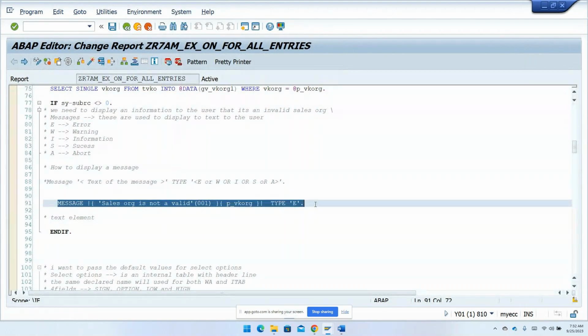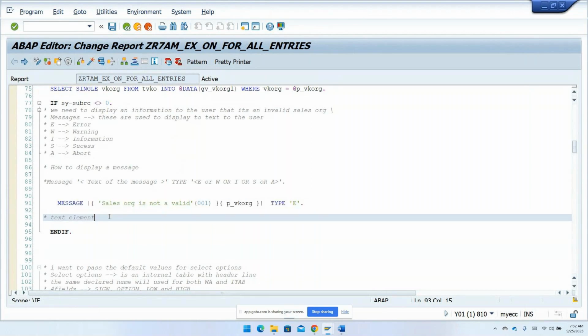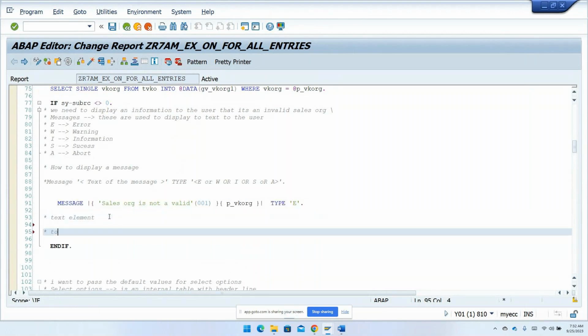See, we can use the sales organization at multiple places in different programs. Now in all those programs, I want a unique message to be displayed. I don't want different kinds of messages. So I want to display a unique message. So how can you do that? To print a unique message in all the programs,